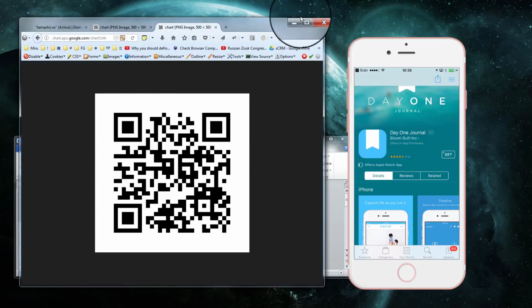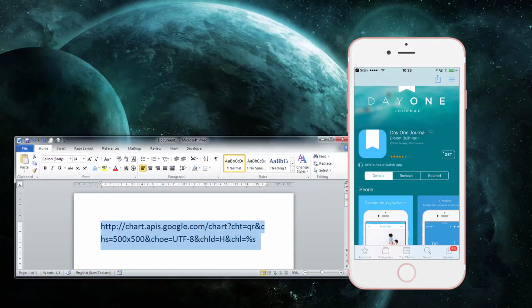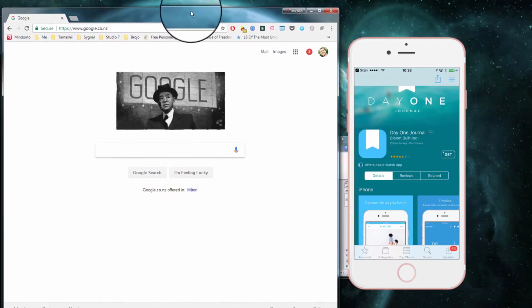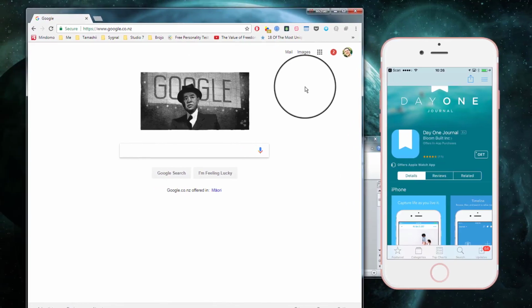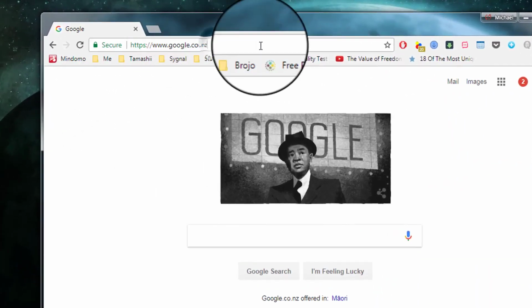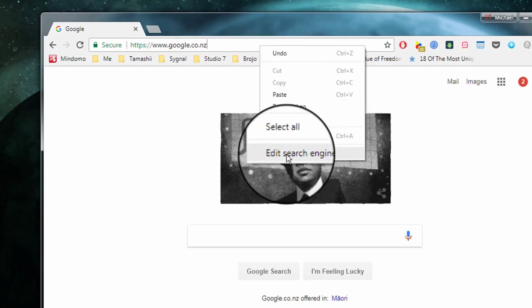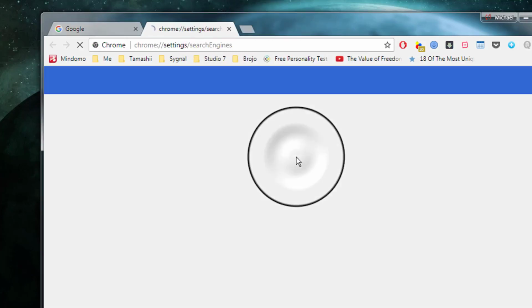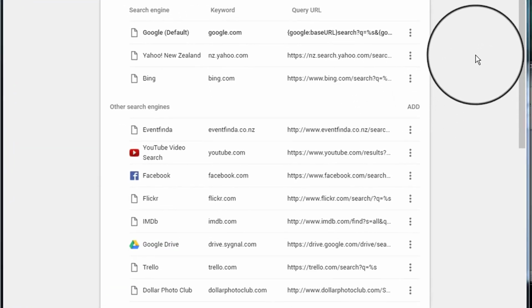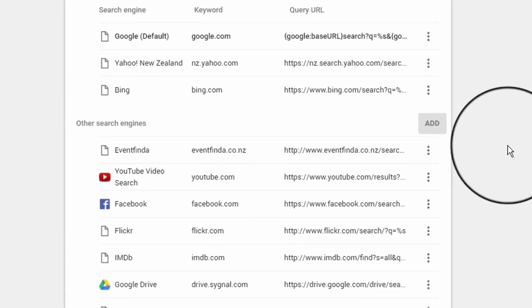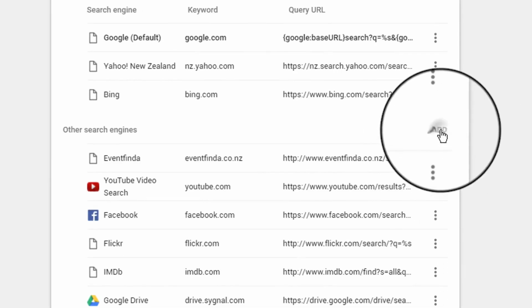Google Chrome handles this a little bit differently, but in a very similar manner. In Google Chrome, shortcuts work almost the same way, but instead of being part of bookmarks, it's considered to be a custom search engine. The way to create that is here. In the URL bar, if I right-click, I can see an Edit Search Engines option. Choosing that will show me the list of all of the configured search engines that Google recognizes. To add my own search engine, I simply click the Add button,